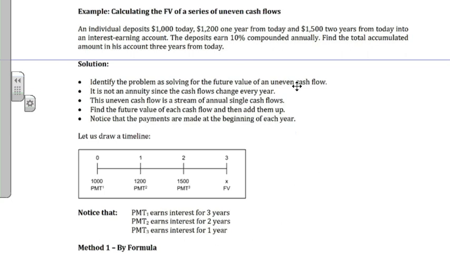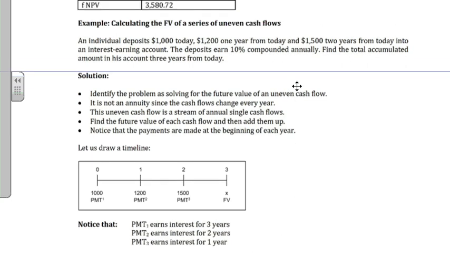Okay. We move on over here, guys, and this is unfortunately a bit of a difficult one. What if I wanted to calculate the future value? Because remember, what did I do before? I calculated the present value of uneven cash flows. What if I say to you, now, hold on a second, guys. Here are my cash flows. Look at them. $1,000 in year 0, $1,200 in year 1,